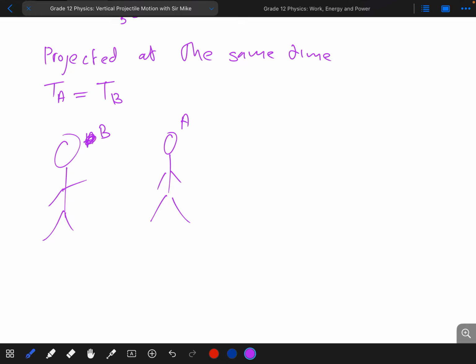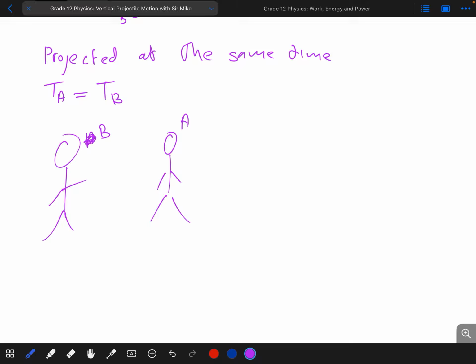So in this case, let's say we have two people that are trying to race. Person A goes first and person B goes second, so that would simply mean that person A would be in motion much longer than person B, for as long as both of them are still in motion. So if person A starts running now and person B starts running, let's say 3 seconds later, that would simply mean that whatever time person A was in motion,